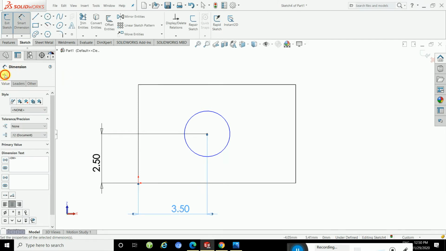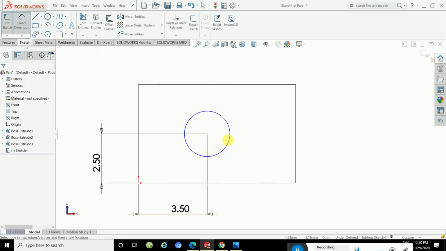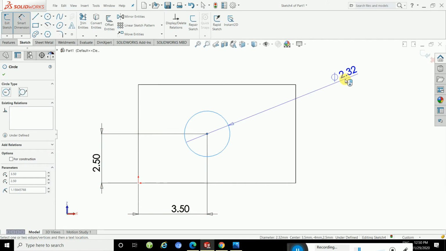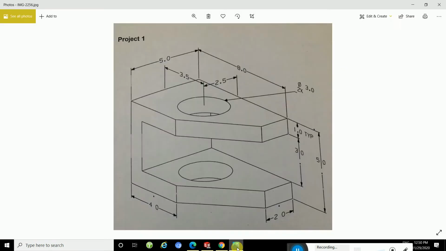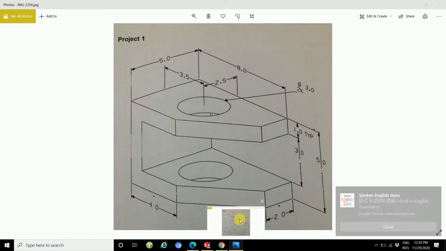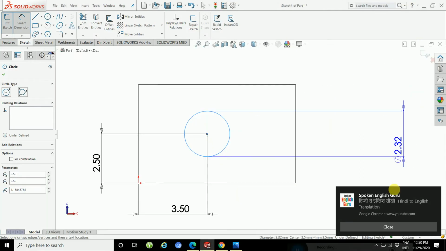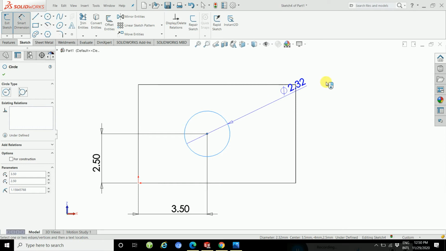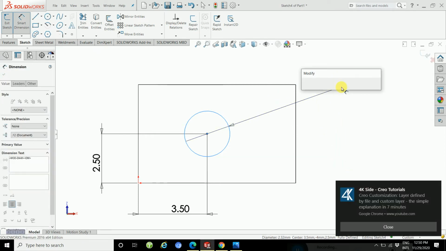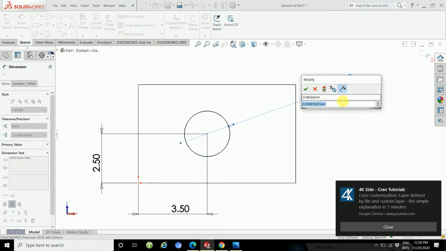Okay, and then the hole diameter is here 3, and 2 is defined for 2 holes, 2 into 3 diameter. Okay, so click here, apply 3.